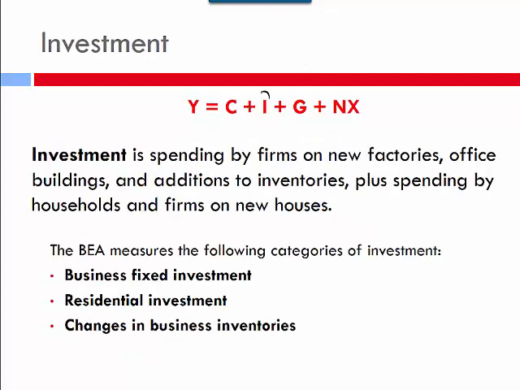The second one is investment. And again, this is spending by firms, by businesses on factories, office buildings, building up inventory, and then also households spending on new houses. So they look at it in a couple different things, changes in inventory and all this. But I mostly think of this as business spending, although it's houses. The other thing is, if a firm is building a new factory, office buildings, that kind of stuff, this is mostly spending that you need to borrow to do, all right?